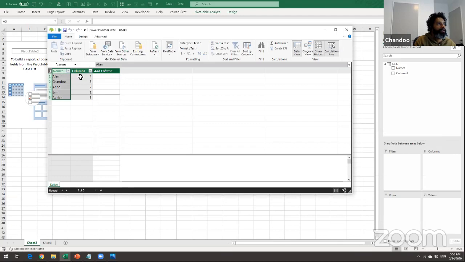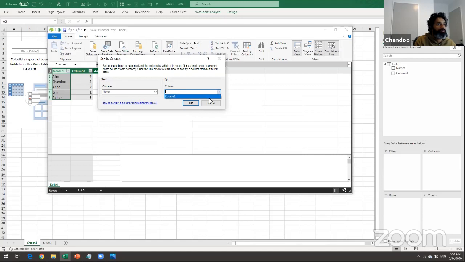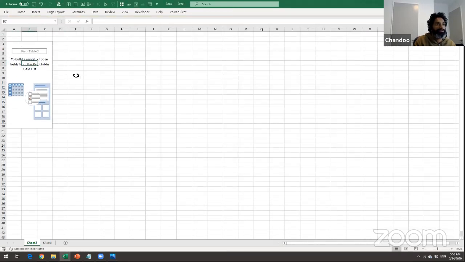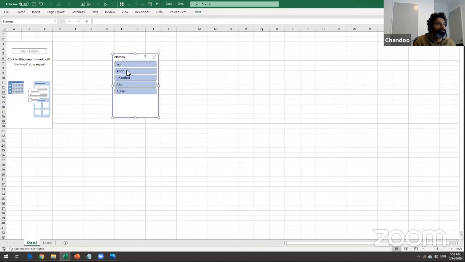Then you can select the names column and choose sort by column. Names should be sorted, wherever they are presented, by column 1, the number column that we have. And that's it, that's done. If I create a slicer now, it will respect the order we have given it, so it will show you those names in that order.